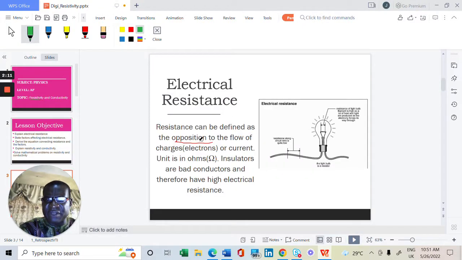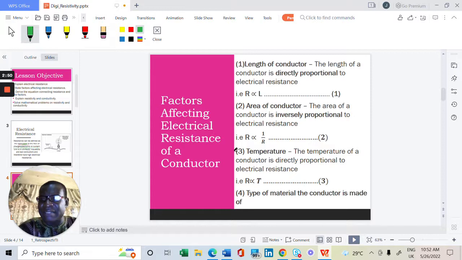Now let us look at the definition of resistance. Resistance can be defined as the opposition offered by a resistor to the flow of electric charges or electrons or current. So various electrical conductors have their rate of resistance, the rate at which they oppose the flow of electric current passing through them. The factors that determine the electrical resistance of a conductor are: one, the length